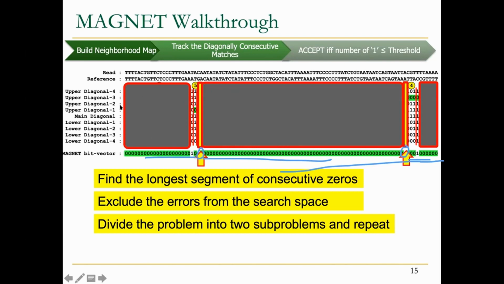For example, the one at the left-hand side doesn't have a space at the left side over here, so you cannot add a one. You cannot exceed the width of the read length. Over here, we don't add one, but we add the one over here, right? Likewise, with the right-hand side, we don't have a space over here. There are no more locations to add anything, so we add the one only to the left side. Now we keep iterating